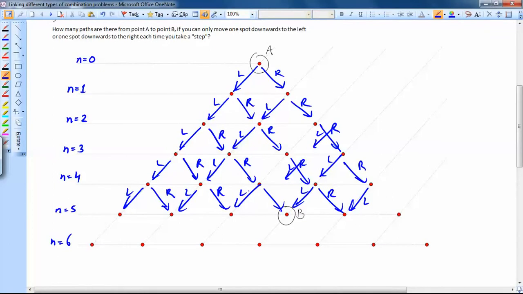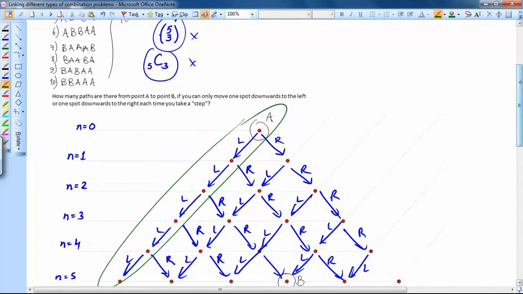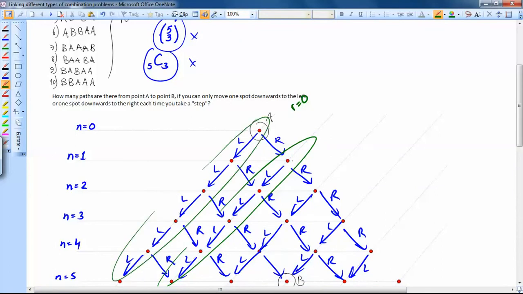Left here, left here. Somehow those moved, I don't know why. Left here. Okay, one of the things to note here is that in this slanted row right here, I've taken no right turns to get to any of those points. So I can say this slant row is the right turn equals 0 row. And the only way to get to any point in this row is to be in this row and take 1 right turn total. So every point in this second green row